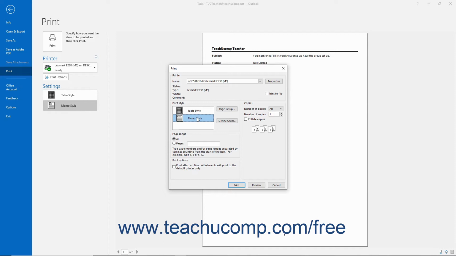If your tasks list is longer than a single page and you only want to print selected pages, then choose the Pages option under the Page range and then enter the pages to print into the adjacent field. If you selected the Table Style, you can also select a print range of task rows to print. To print only selected rows or tasks, you must first select them in the task list before opening the Print